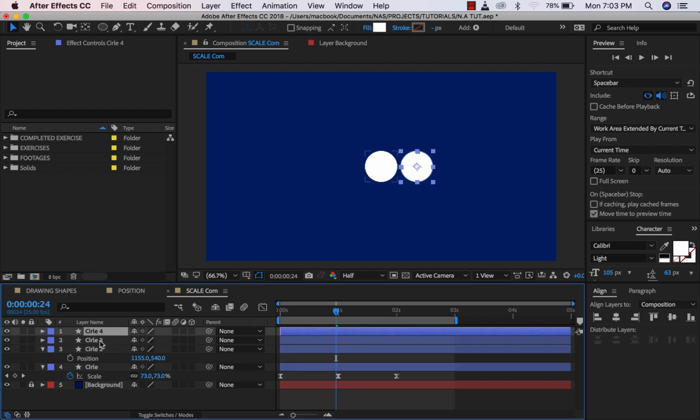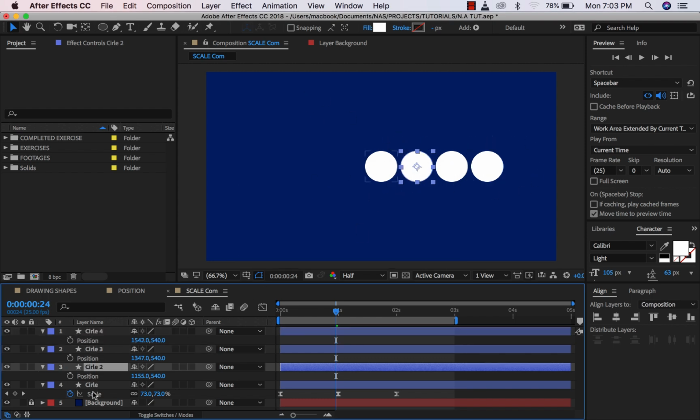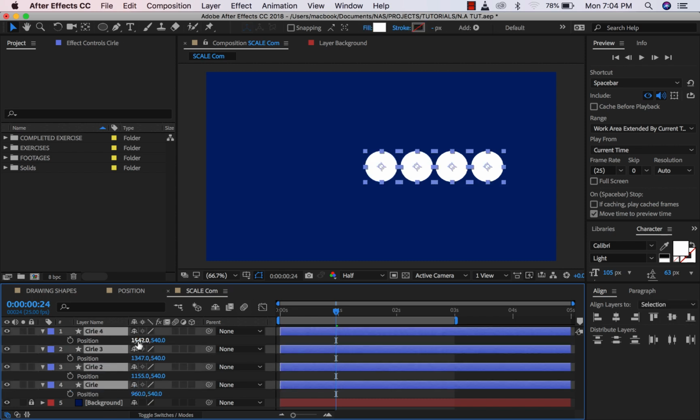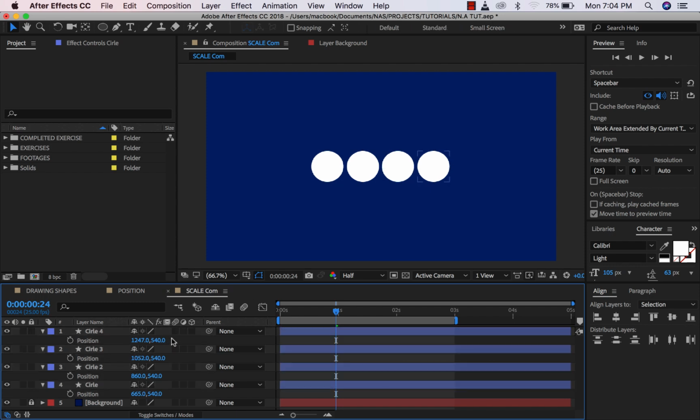So I'm going to align these 2, then press P for positioning, then drag it a bit to the side. Of course, I want this whole circle to be centralized, so I'm going to select the last one, then press P, the one that is on scale, then select everything, go to the position property, and then drag it to the side, so you have something that's a bit more centralized. I think this is good enough. Now if I play this,